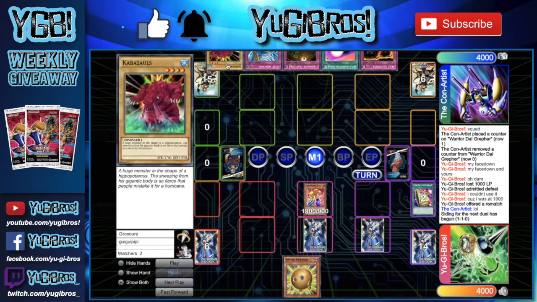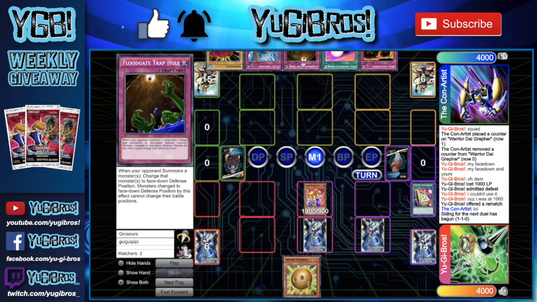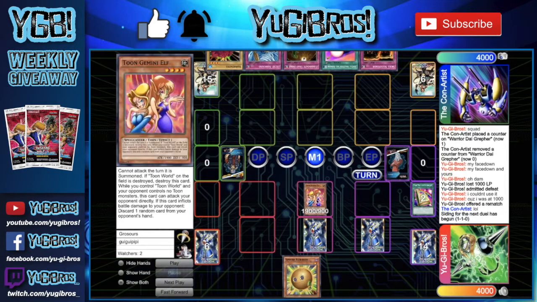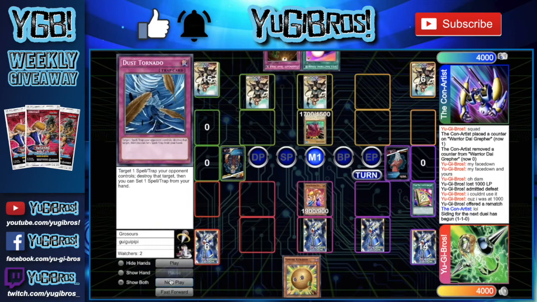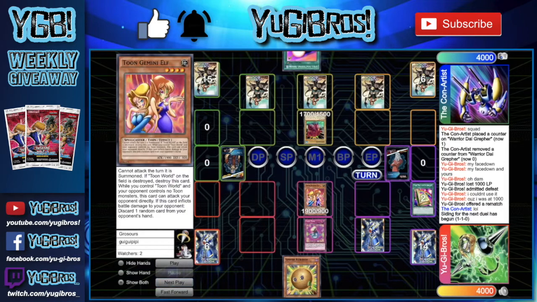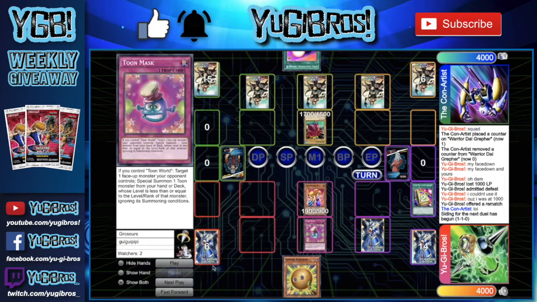They draw Cabazels. The Floodgate also is actually really good in this matchup. We haven't seen it thus far, but setting this permanently, also it being 900 defense, that's a really good tech. So they're going to set Tornado, Skill Successor, and Floodgate Trap Hole. And they're actually just going to pass. They can't kill this. So end phase will Toon Mask,